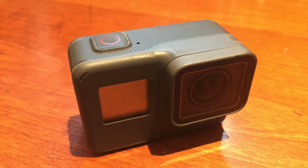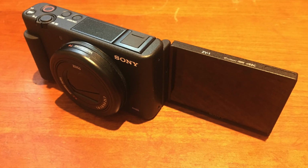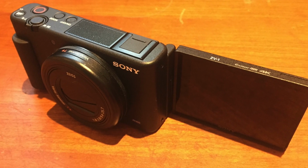So I've got the guitar, I've got the mic set up, and when it comes to cameras then, this is what's really changed recently. So for the longest time I had my trusty GoPro, I think it's a Hero 6 Black Edition or something, and that's for the last couple of years what you've been seeing as the main camera shot. Now, what's recently changed is I've gone to using a Sony ZV-1 for the main camera shot, because